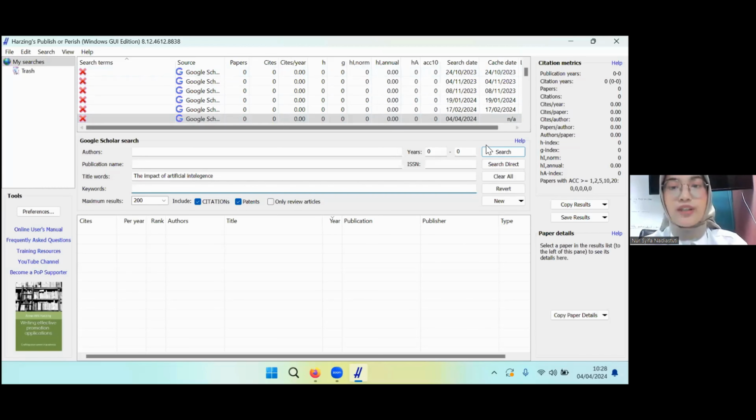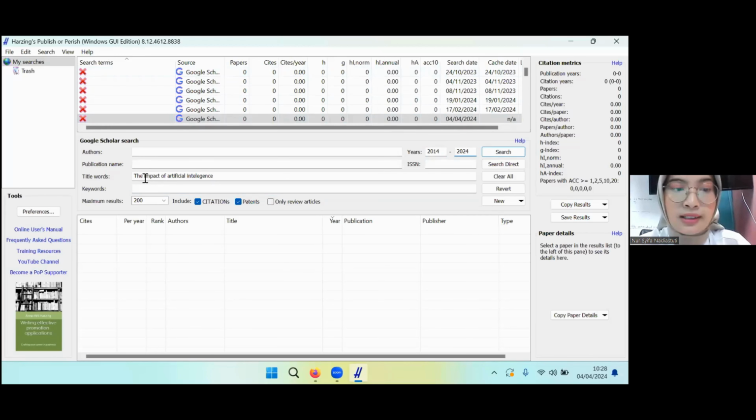And you have to fill in the range of years, because I want to search for the past 10 years of publications, so I fill it with 2014 and 2024.